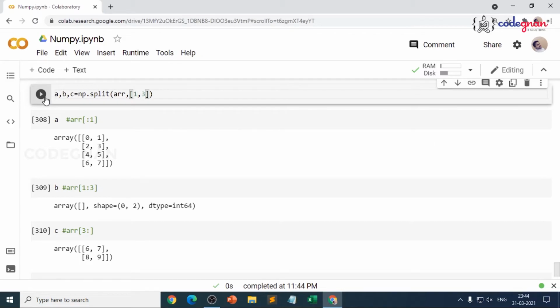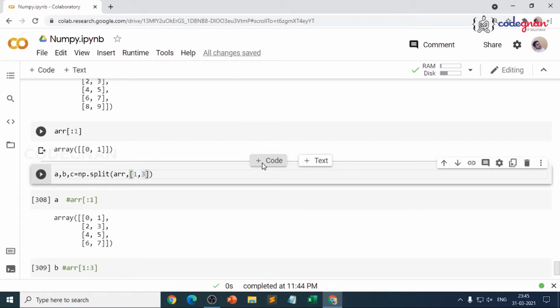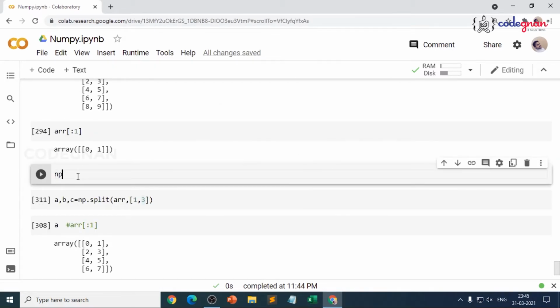Just make it very simple how we are splitting it. So this plays a very vital role. Just make it before 1, 1 to 3 and after 3. That is the reason I give 3 variables here. If you don't pass 3 variables, how could you see the result? You could see it like this.